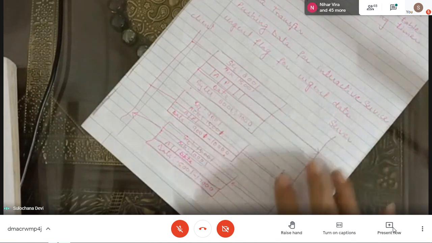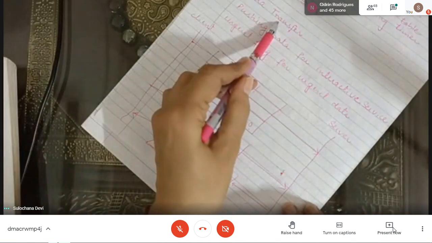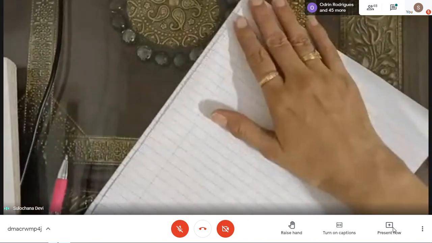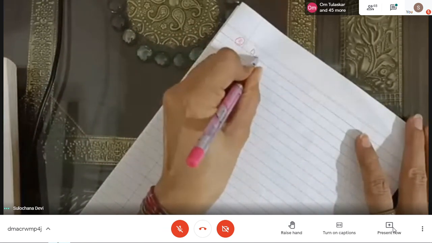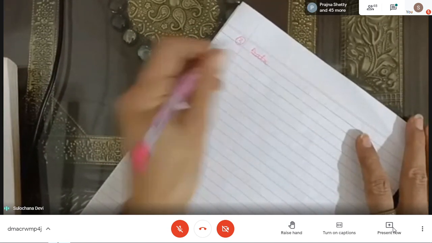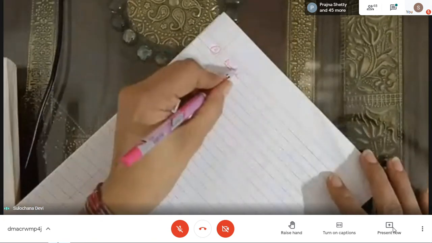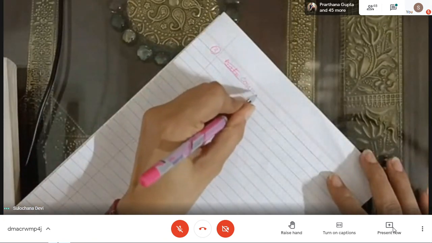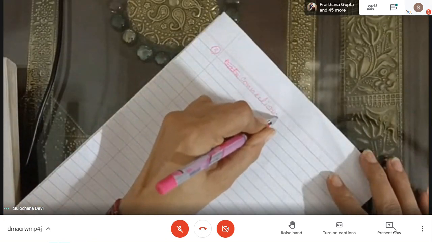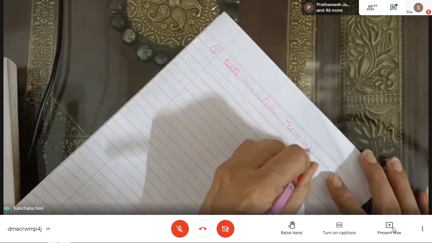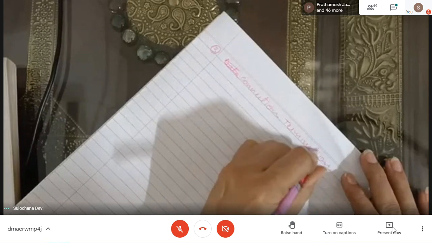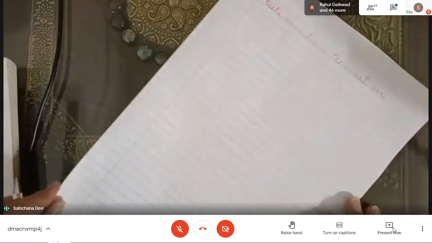Now this is the second step in the TCP connection. The third step is connection termination or connection closing. So when the data transmission is done, the connection should be terminated. Connection termination. So for connection termination,